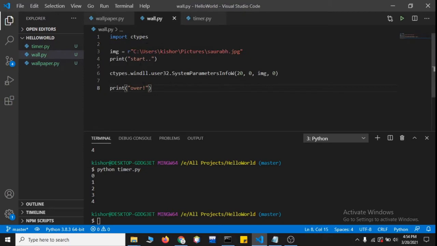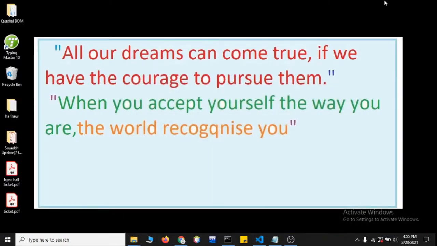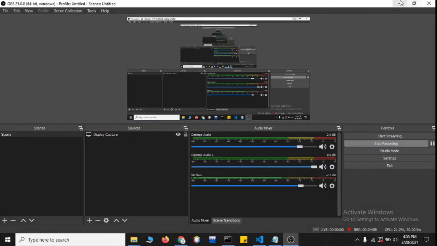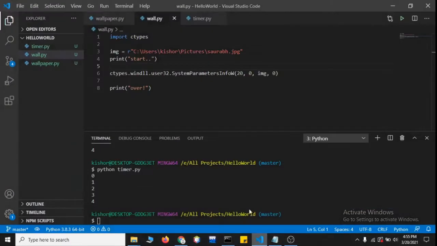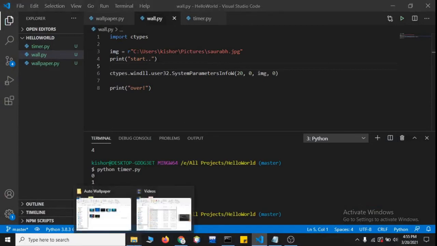The next one is setting a wallpaper. Suppose we have an image at this location and we want to set it as our wallpaper. Currently our wallpaper is something like this. Suppose you want to change to any other wallpaper.